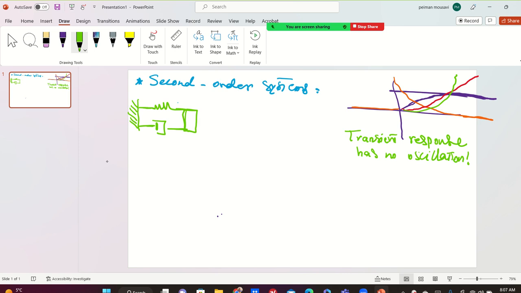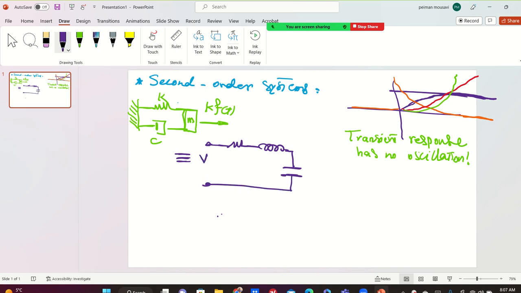In the first order system, I eliminated mass M, and if I say here is K f of t, this system equals an R, L, and C circuit with input voltage, the resistor, the inductor, and the capacitor, and this is equal to